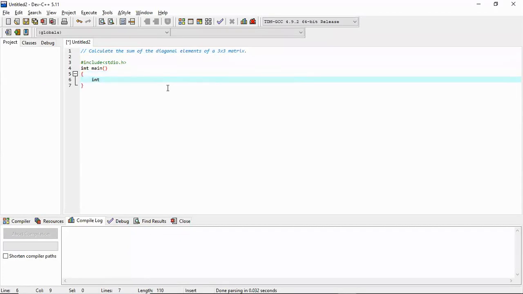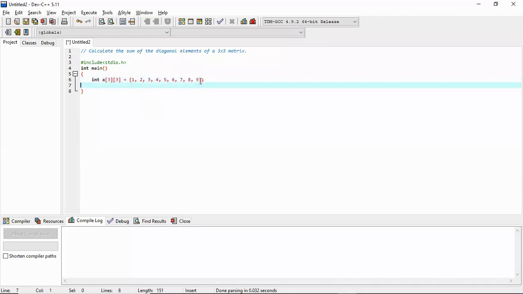First we will take a matrix. For example, we have a matrix A, and this is a 3 cross 3 matrix. So put any values, 5, 6, 7, 8 and 9. Since there are 9 elements, this will be the first row, this will be the second row, and this will be the third row of the matrix.